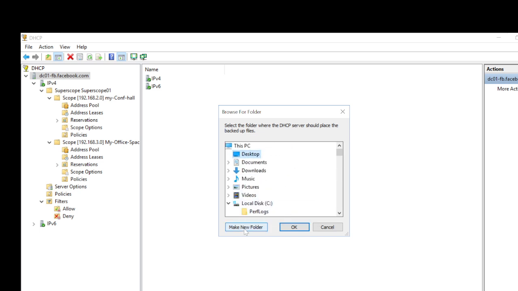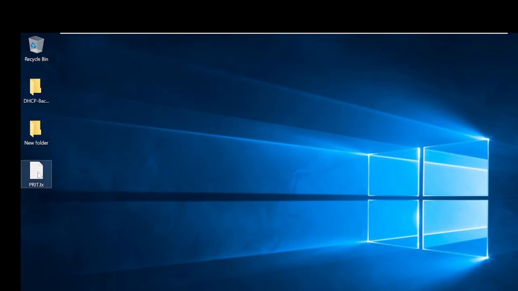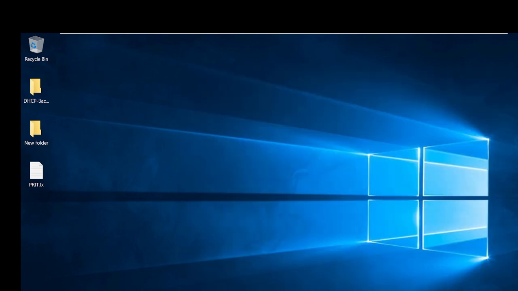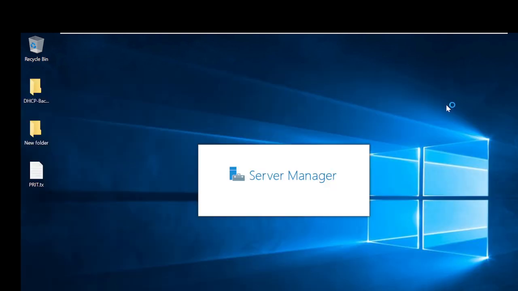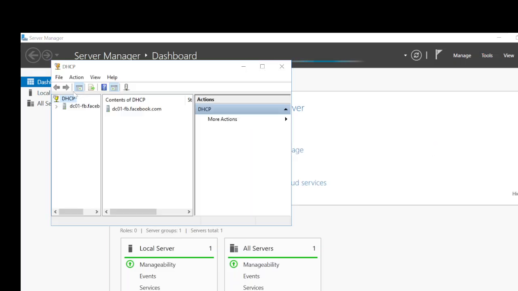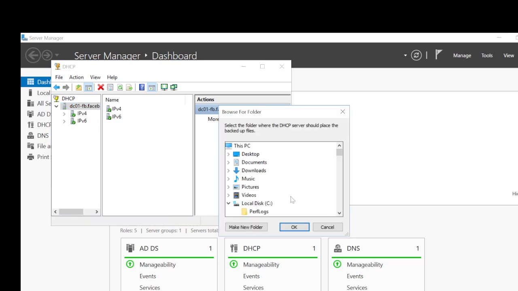Say for example in the desktop I want to create a folder DHCP backup. See, here DHCP backup is there. Okay, inside this I need to create. Okay, so I'll go to the server manager, I'll go to tools, I'll go to DHCP, and here right click on the DHCP, click on the backup, and I'll select the folder which is there in the